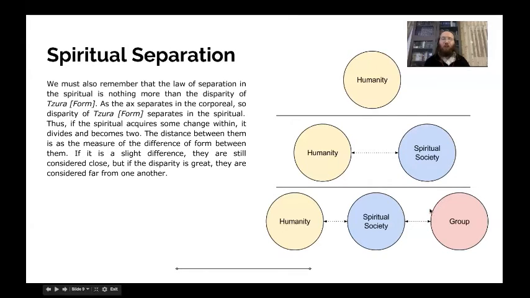Then, on one hand, you've still got the disparity between humanity and the spiritual society, but now a new disparity grows between the group and the spiritual society, between people who are focused on the goal and actually want to pass the barrier, and people who are just around for years, plateauing and not actually having a desire to pass, but rather enjoying passively desiring the goal instead of actively desiring the goal, which is in the group. And then you feel that disparity of form there as well.